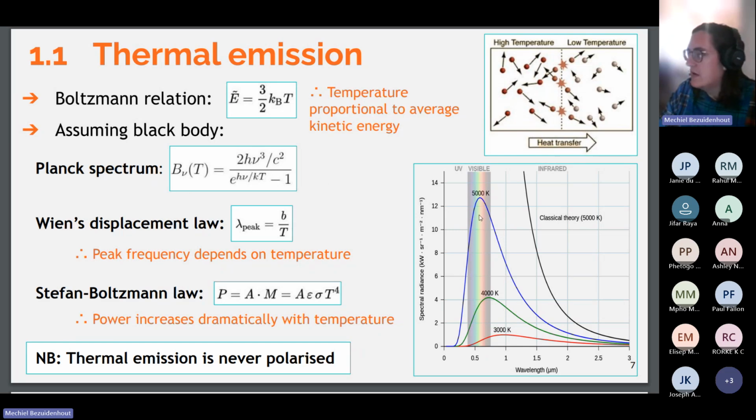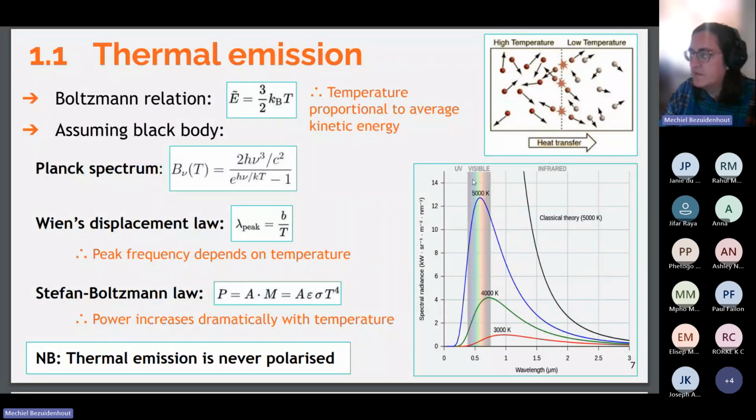That's shown on the right here. And there are a few important features about it. Wien's displacement law tells us that the peak wavelength of that spectrum, so where the spectrum is peaking in wavelength, is inversely proportional to the temperature of the particles. So the higher the temperature of the particles, the lower the peak